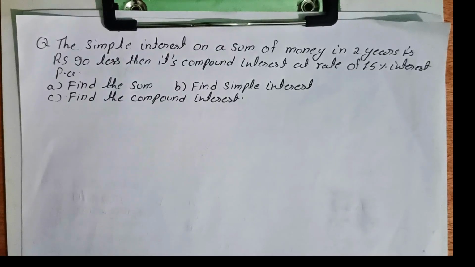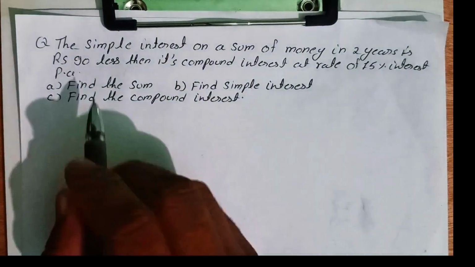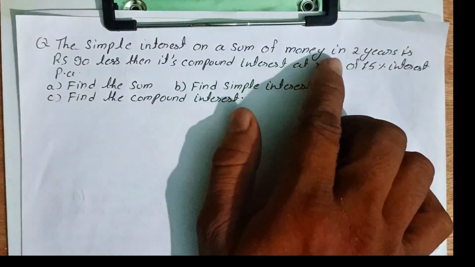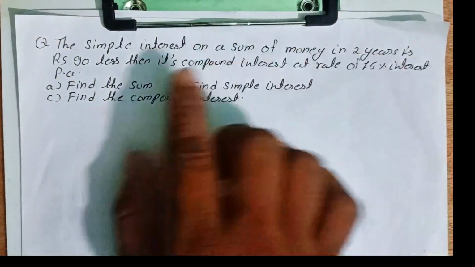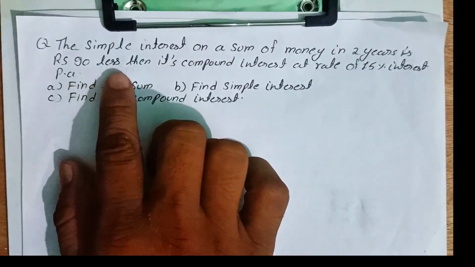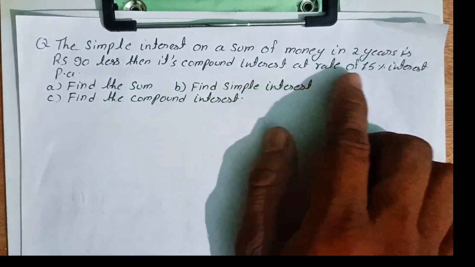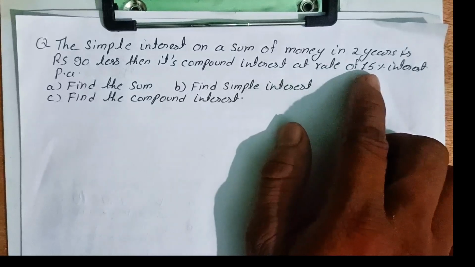Today we are going to learn a new question that is based on compound interest. And the question is like this. The simple interest on a sum of money in 2 years is Rs 90 less than its compound interest at a rate of 15%